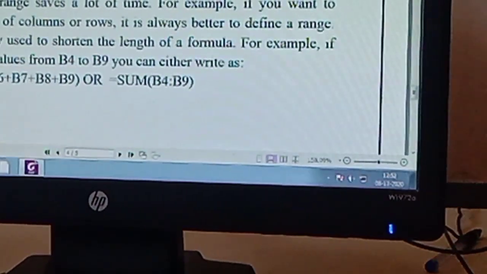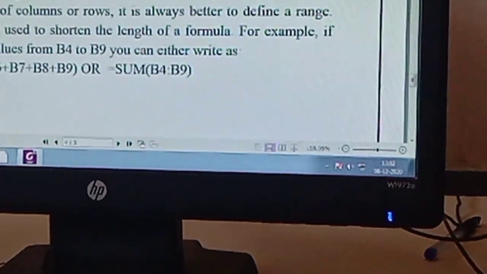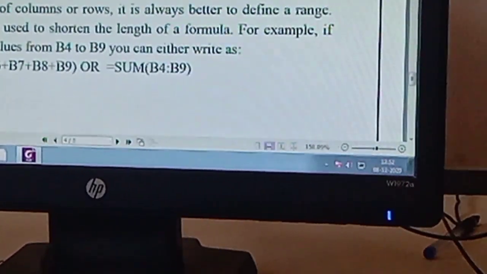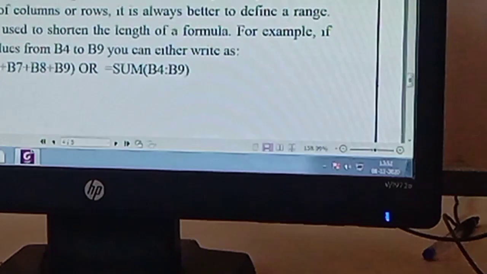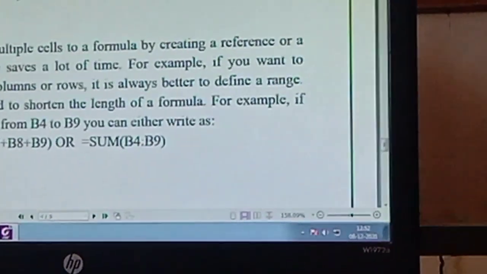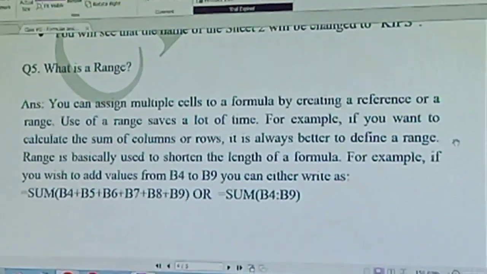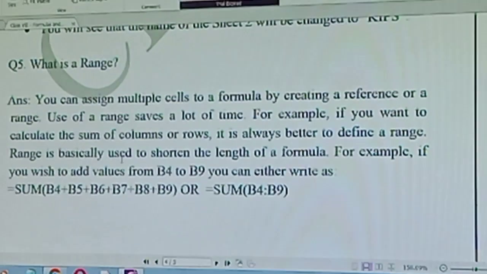Okay. Now, next is, what is a range? You can assign multiple cells to a formula by creating a reference or a range. Use of a range saves a lot of time. For example, if you want to calculate the sum of columns or rows, it is always better to define a range. Range is basically used to shorten the length of a formula.